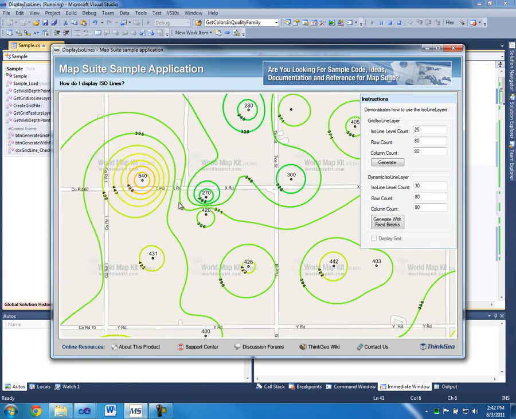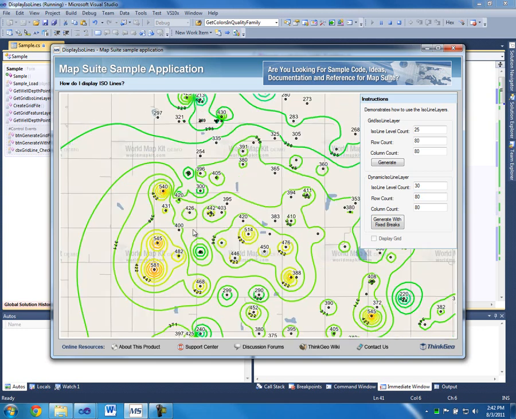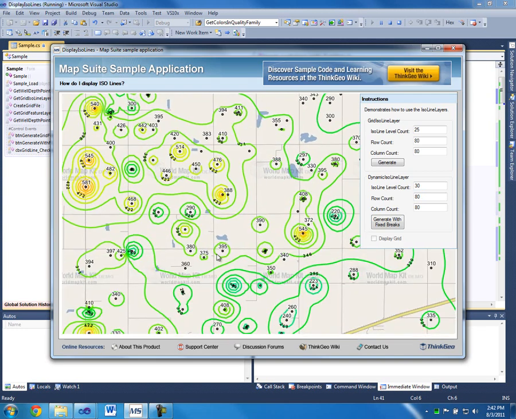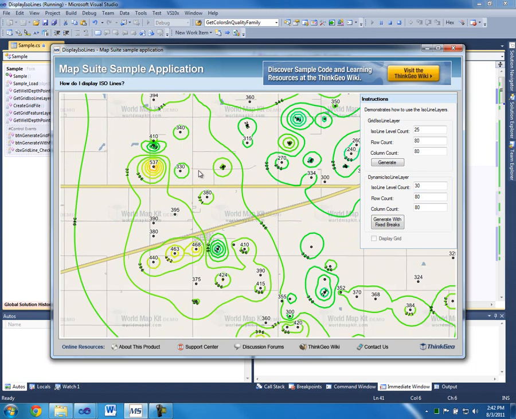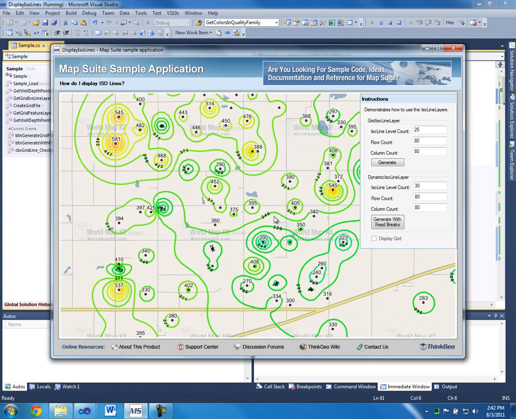Because we can keep zooming out, and it's just going to regenerate the grid over and over again in memory. So you know, some other things to take away from this is that if we're doing this in memory, it's a relatively fast operation as long as we keep the row and column count low. Of course, as you increase this, the amount of time goes up. So it's really a difference between visualizing it a lot of times and